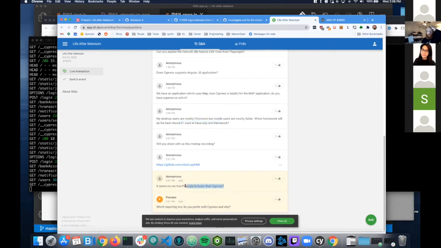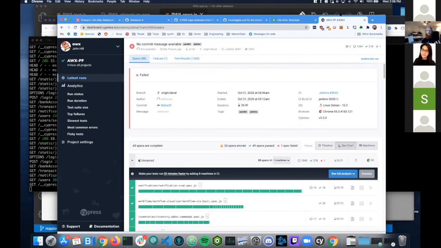Playwright is faster? Depends. Playwright is lighter weight. When you download it, it is, and it can be a little faster. But if your job is looking at nightly failures, it's not faster. If you look at what you do with your time, analyzing results, writing tests, it's not faster. It'll run quicker, maybe. The parallelization model may be a little bit quicker, but if you're using the dashboard service,